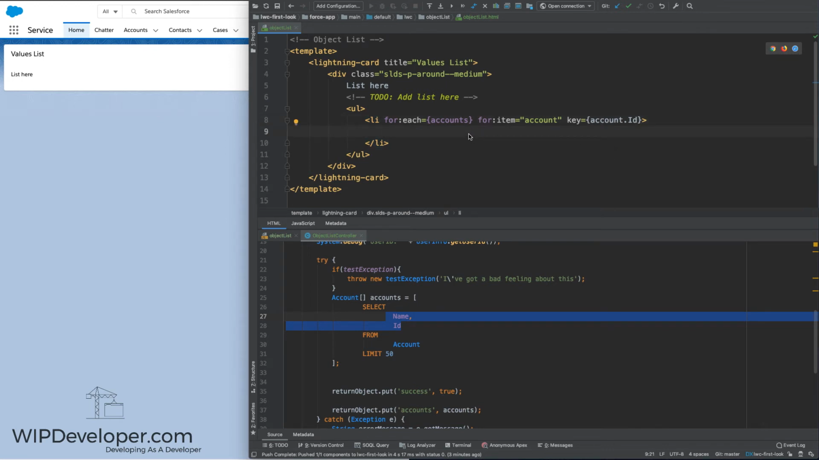Now to access each property on each account, we can use the dot notation. So if we want to access the account dot name, we type at account dot name in the binding syntax. We would need to space it out some so that it doesn't all run together to access the ID as well. And the reason we do that is if we don't,